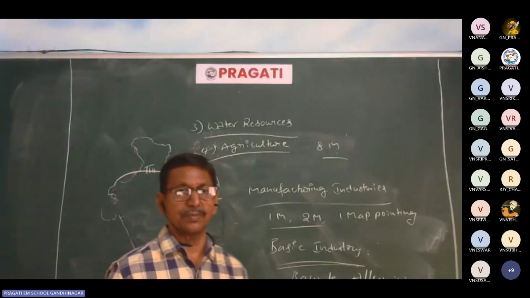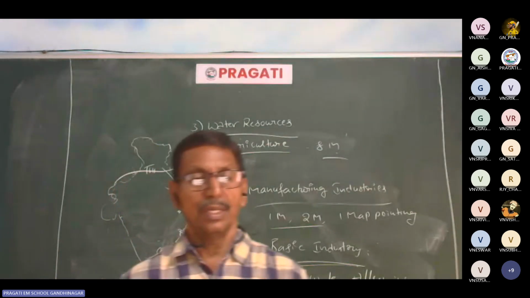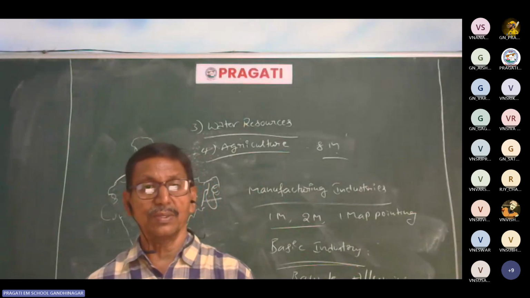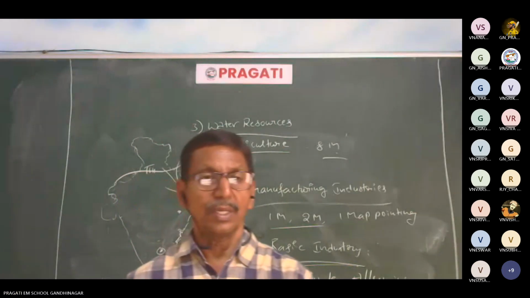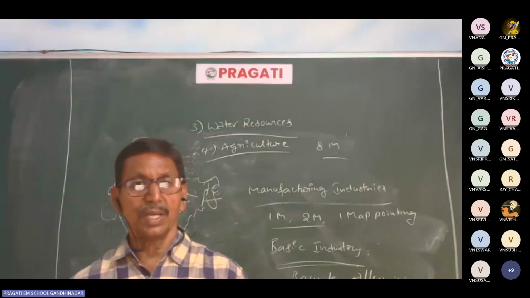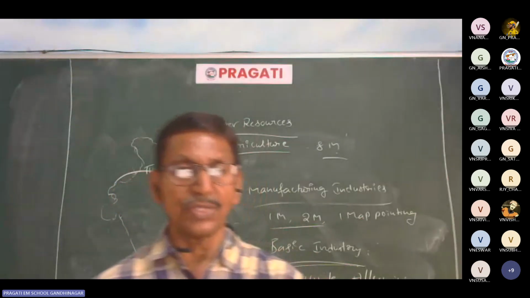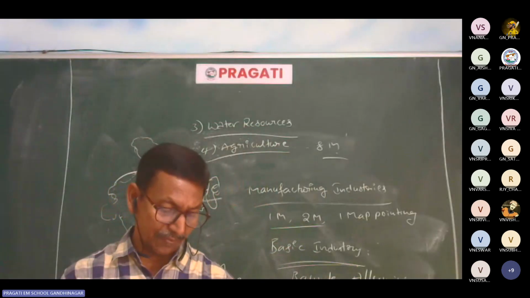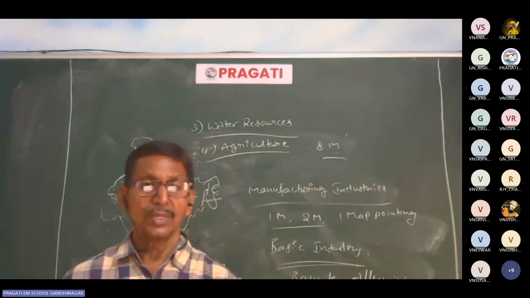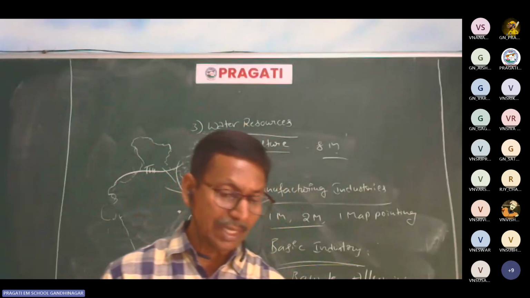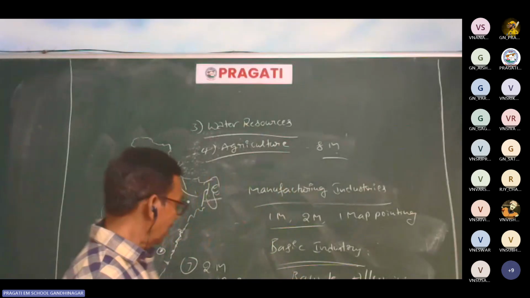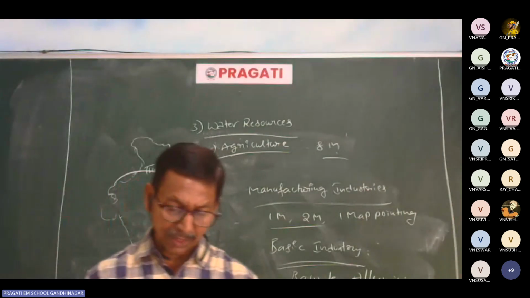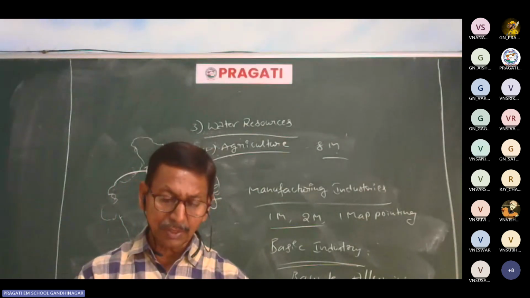Maybe national highways. National Highway 7 recently got number 44. The numbers have been changed. NH5, which passes through AP, Chennai to Kolkata. These numbers have been changed recently. NH44 is the longest national highway in India, and the metro channels. Some new channels are introduced here in this lesson. Here you can find 2 marks as well as map pointing. One 2 mark question, and 2 map items may be given here.